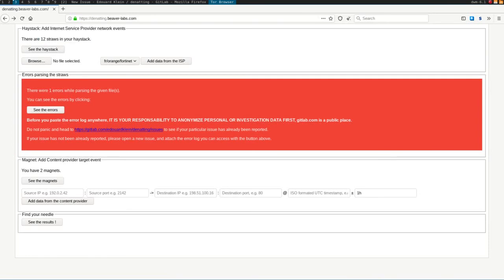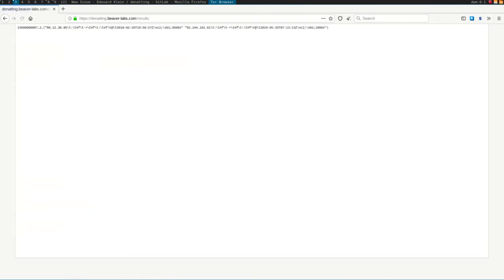So anyway, you have your data from the ISP, you have your data from the content provider, you can now match. And what we see is this phone number has matched twice. So this guy is the one you're looking for. Maybe you will have multiple lines. They are sorted by the most matches. So the phone number at the top is the one you're looking for.